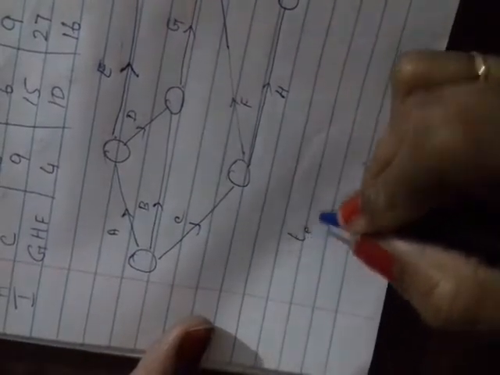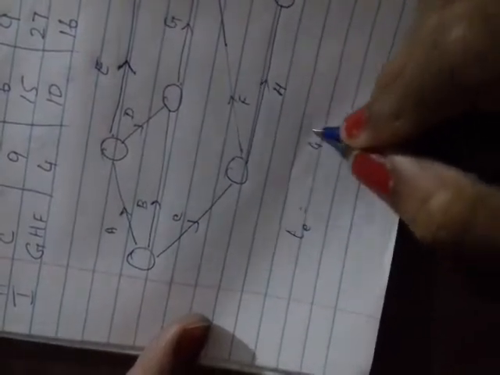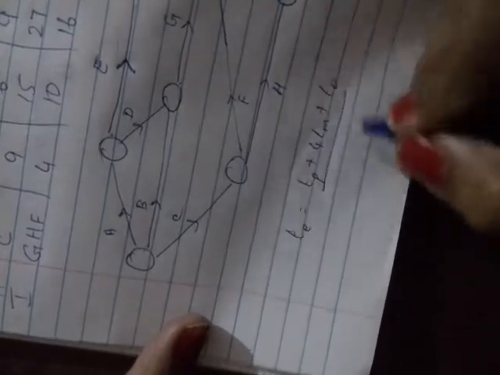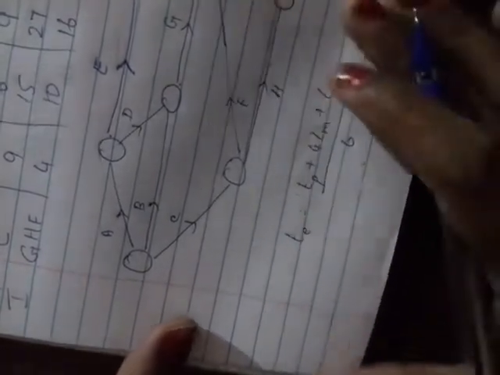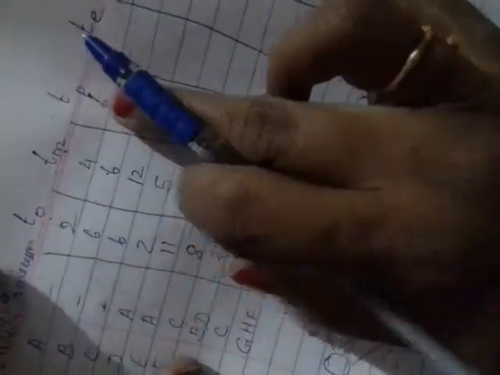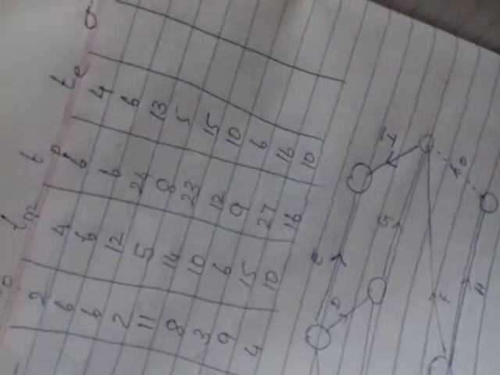Now after doing this, you find out your expected time. You know the formula for expected time: (4 times Tm plus Tp plus T0) divided by 6. So multiply this value by 4, then add this and divide by 6. 4 fours are 16, 16 plus 6 is 22, 22 plus 2 is 24, and 24 divided by 6 you will get 4. Similarly, you have to find out for the other activities.